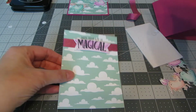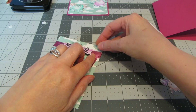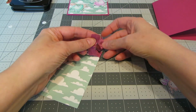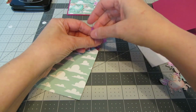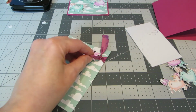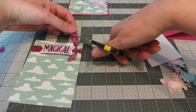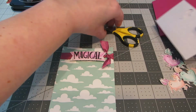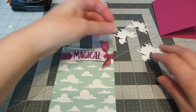like so. I'm going to take a slightly smaller piece of the same ribbon and I'll slip that under the one that's adhered and tie it in a knot. If you want, you could tie it in a bow. Just do a little overhand knot there, and I'm just going to take my scissors and just cut it off at a little bit of an angle. Like that. And now I'm going to also put some foam squares on the back of the unicorns